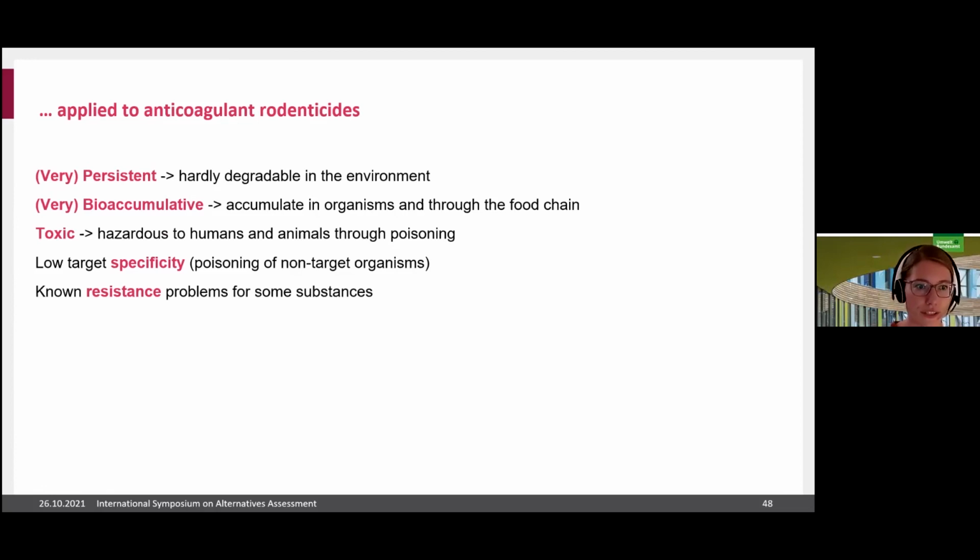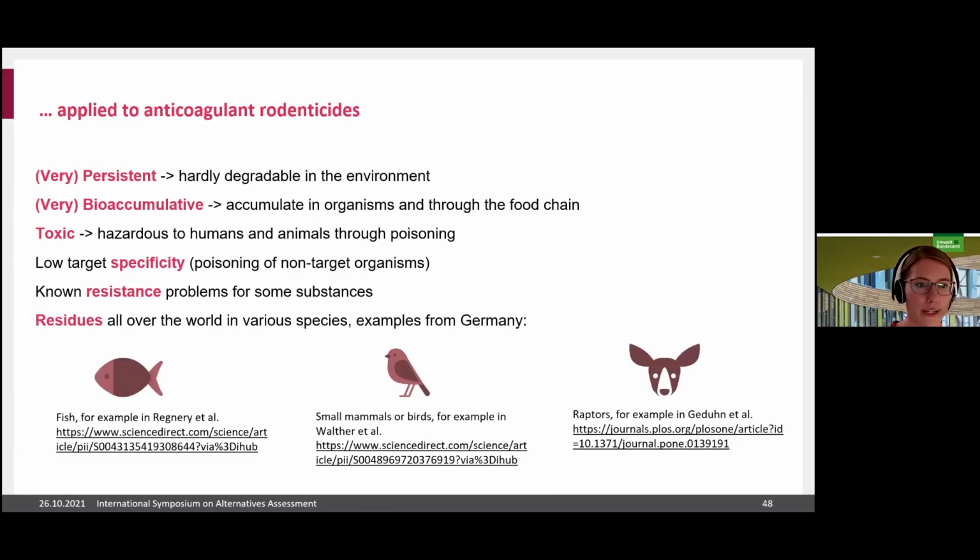We have known resistance problems for some of those substances, and we can find residues from those chemicals in species all over the world. Here are some examples from Germany, but you can find them basically in every biota you sample. So those chemicals are quite problematic for the environment, but at the moment there are no chemical alternatives that